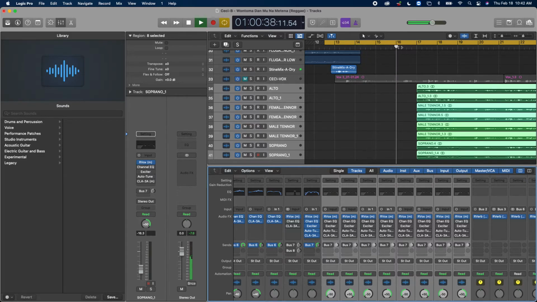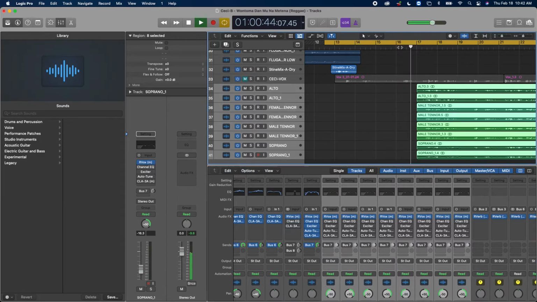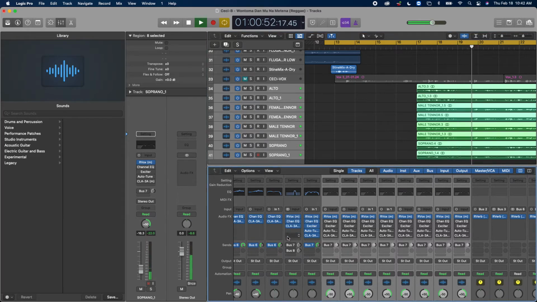Then it gets to the vocals. With a lot of the work we did, this is how it sounds. With everything added back up, it sounds like this.